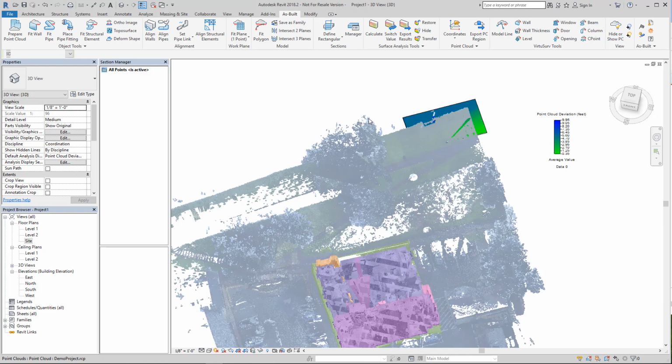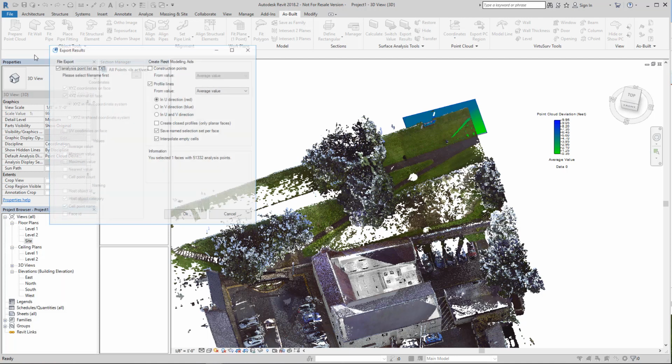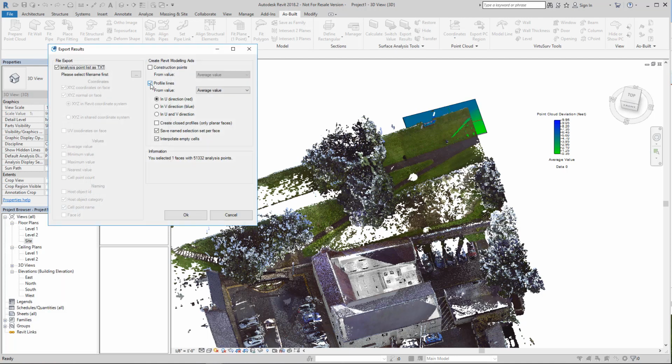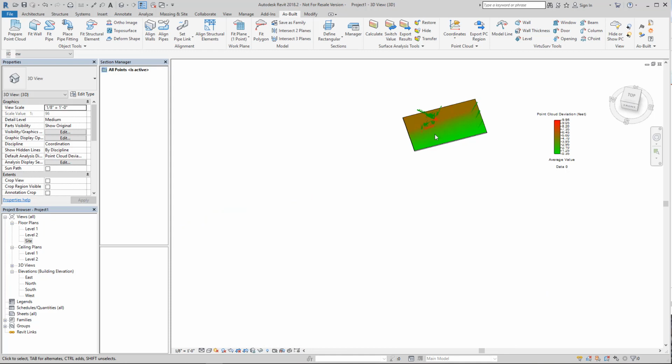Now we'll use the Hide or Show Point Cloud command. We'll go up to Export Results. We'll select our slab again. Click Finish. Here we want to make sure that we're using our minimum value in the U direction, click OK. This will take a couple minutes to process, and what it'll do is give us